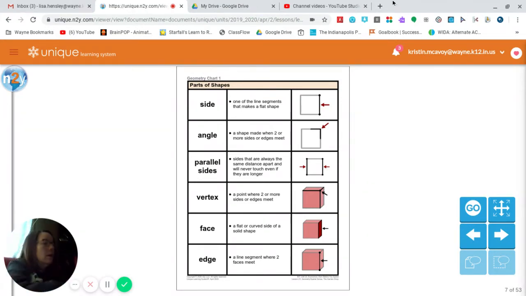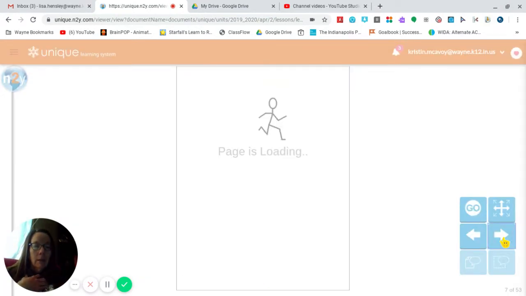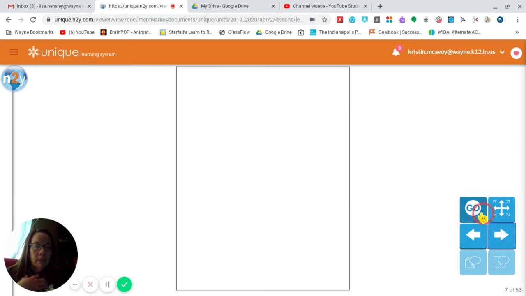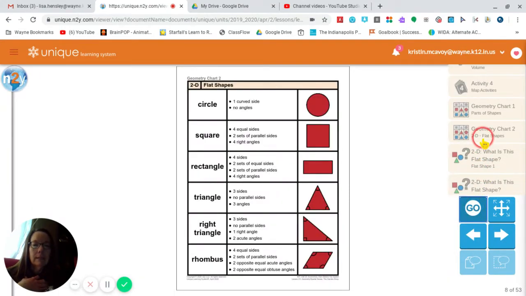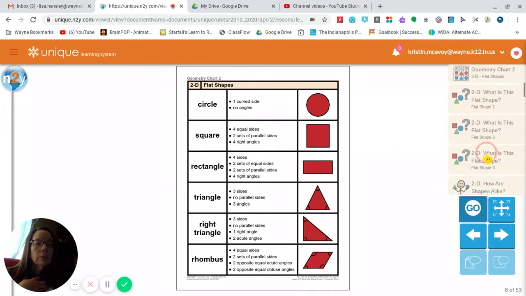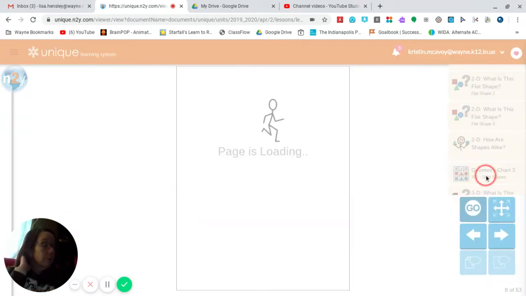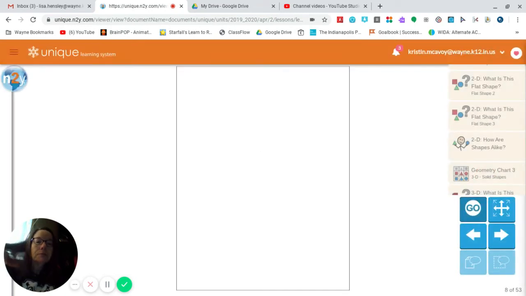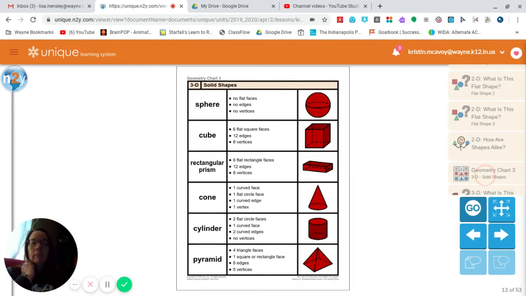Alrighty, so if we want to review then our shapes, well, let's see. It's probably easier if I do like this. And I go to this. Instead of flipping through all of those pages, we have the sphere, and that's the one we did yesterday. We had lots of zeros on it because there were no flat faces, no edges, and no vertices, no vertex on it. So the other ones we need to, I think, look at are,